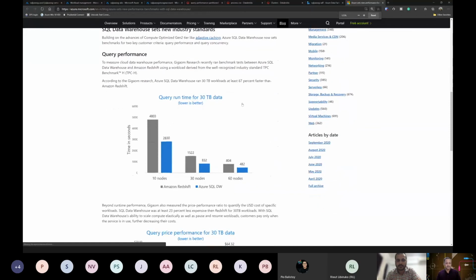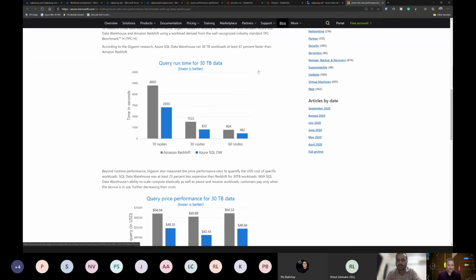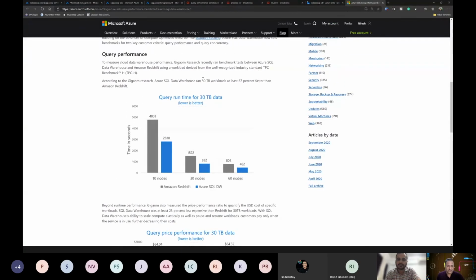So you can see the results here using the standard TPC-H benchmark. It was 67% faster than Amazon Redshift when it came to workloads of the size of 30 terabytes.